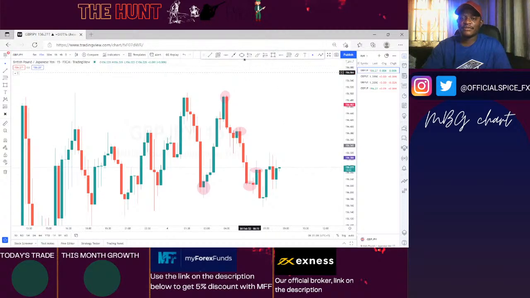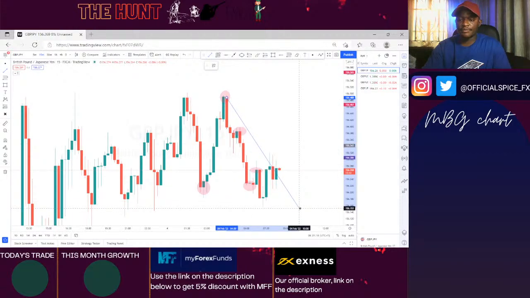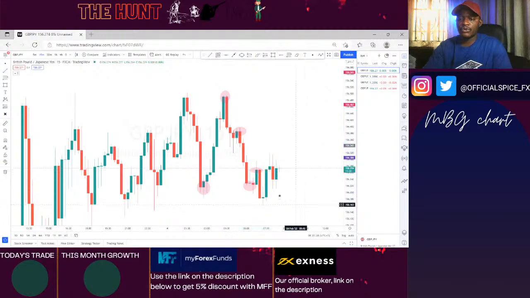All right, so right now we have a head and shoulders just right here, and I can easily connect this point here and connect this zone right here. But the issue we have now is we don't have a strong supply. This candle right here is not strong enough. If this candle was an engulfing candle, I would be in on this trade right now. But because the candle is not strong enough,